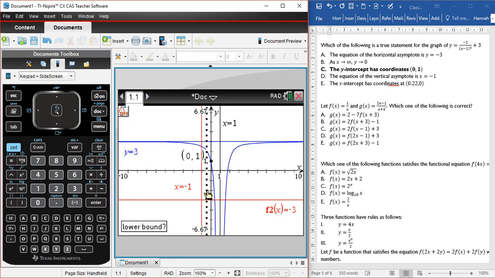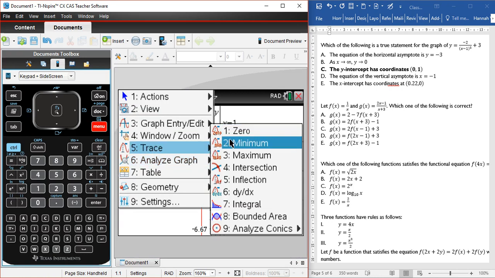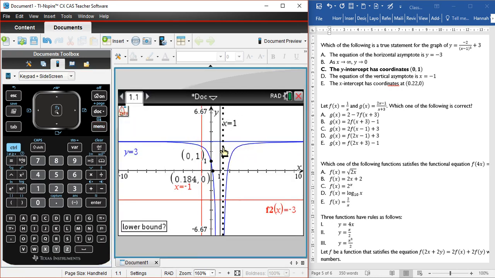And lower bound, so just click on the region on the left side of the asymptote, upper bound on the right side. Now, it can't find both intercepts at the same time. So this is the left asymptote, which occurred 0.184. Now clearly this one cannot be 0.22, it has to be bigger than 1, but if you want another practice on how to find it, go to menu, analyze graph, 0, select the graph, and then find lower bound and upper bound. So the two x-intercepts occur at 0.184, 0, and 1.820, which further confirms that C is the correct